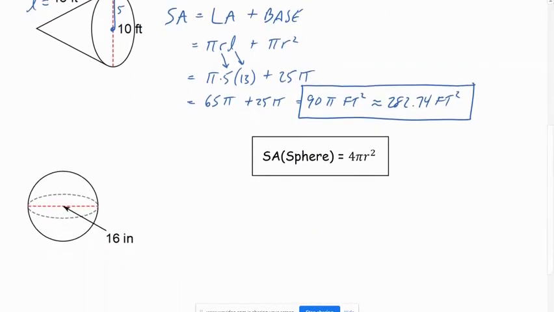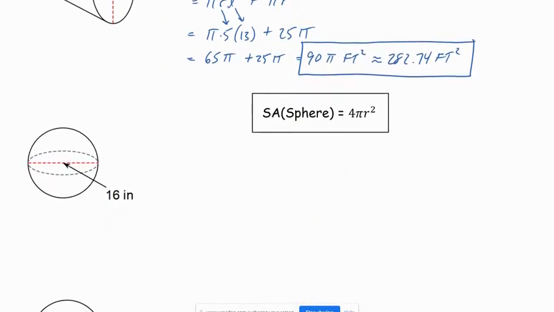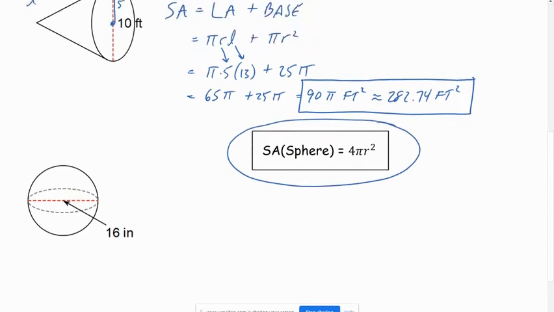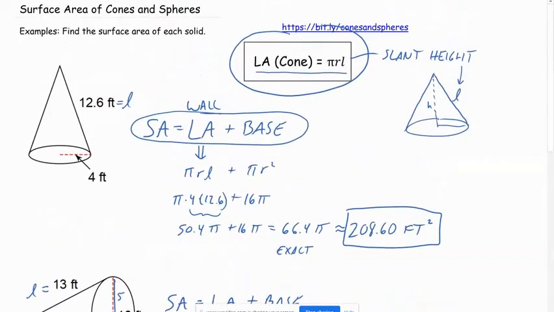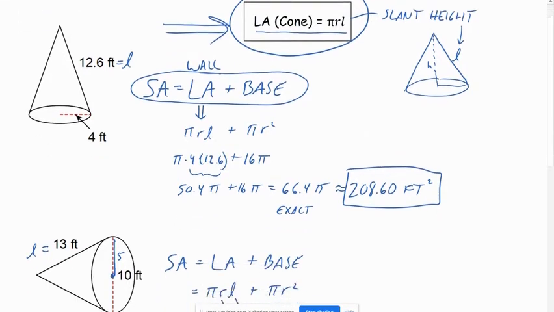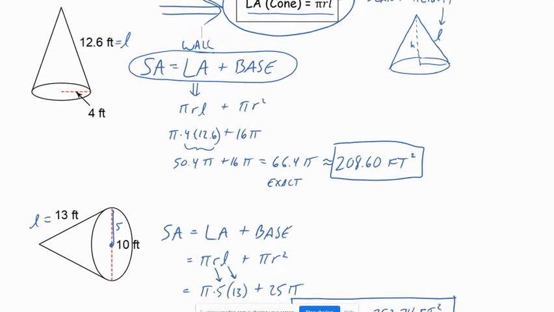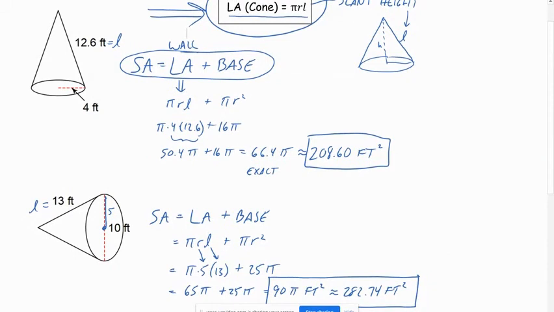Next, we're going to learn how to find the surface area for a sphere. Again, since the outside of a sphere doesn't involve polygons, we don't have any straight edges or anything here, we do need to use a special formula for that. The surface area for a sphere is here, so make sure you get that written down in your notes, as well as the one that we did earlier, which is the lateral area for a cone. Those are two of the only formulas you need in this lateral area